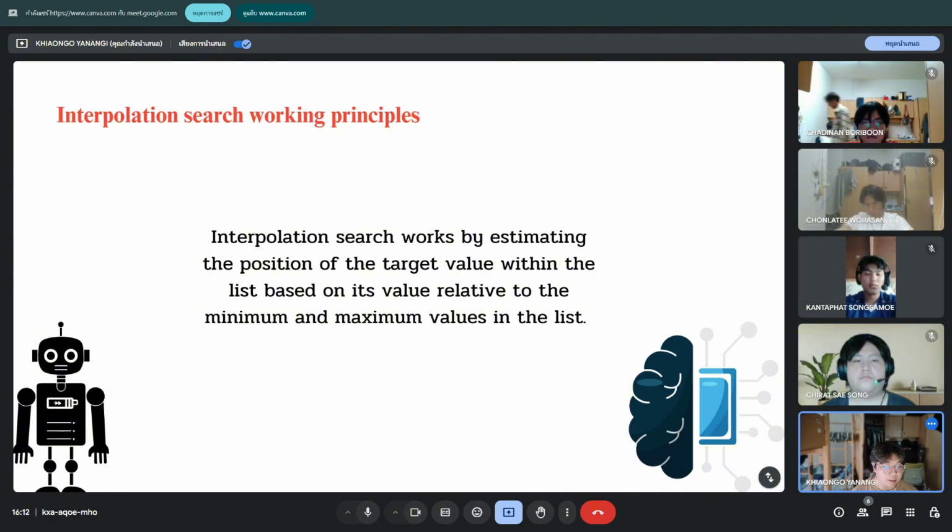Imagine you are looking for a page in a phone book. If you are searching for the name Smith, you would start at the beginning, and you probably estimate that it is somewhere closer to the end. That is the same idea behind interpolation search.